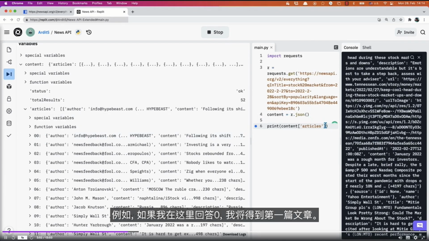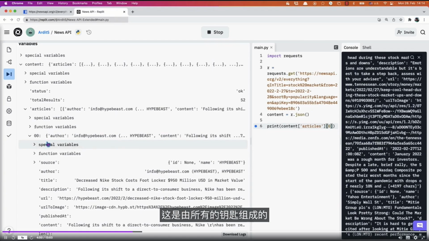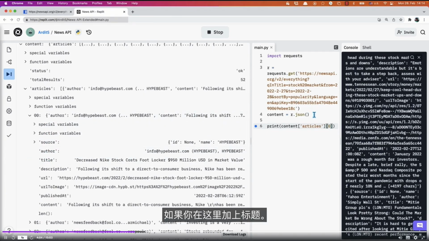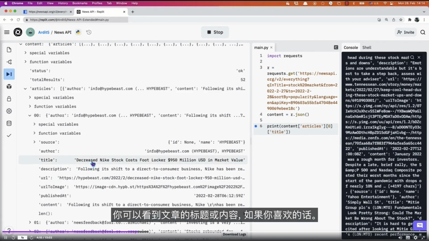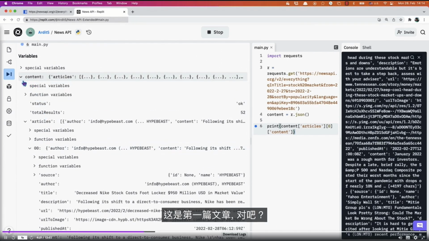So for example, if I enter here 0, I'll get the first article. And then this is made of other keys. So you have author, you have title. So if you add title there, you get the title of that article, or the contents if you like. So that's its value. So that's the first article, right?